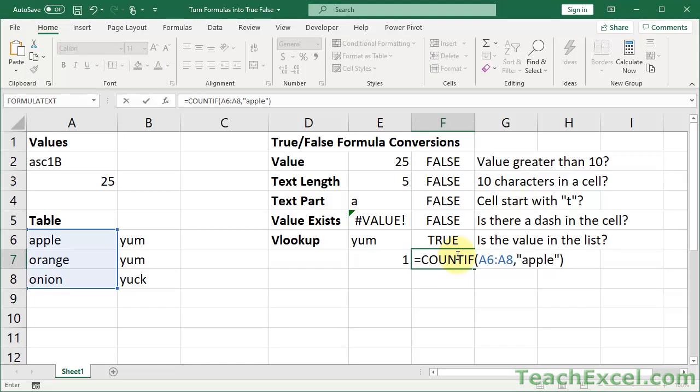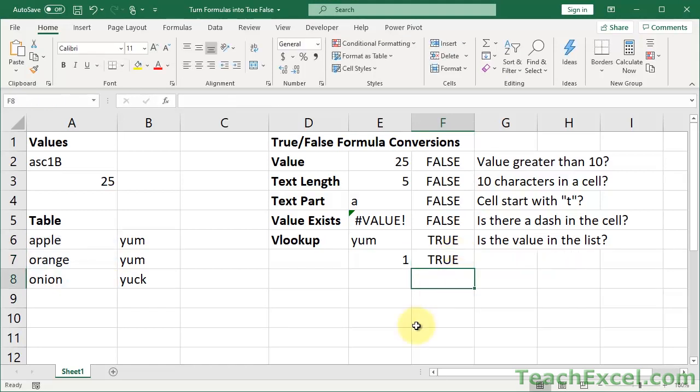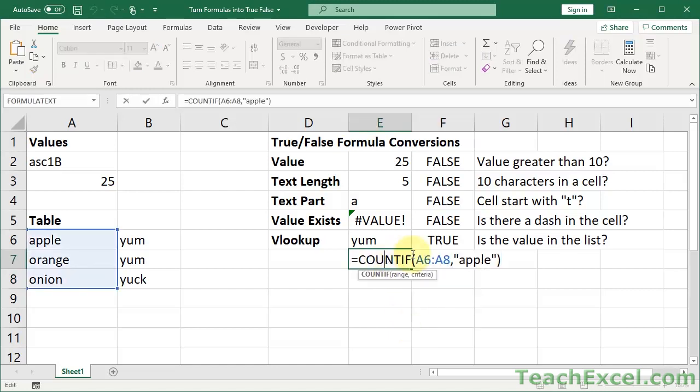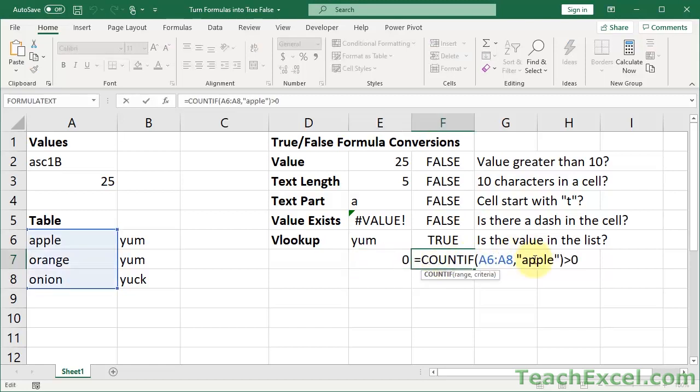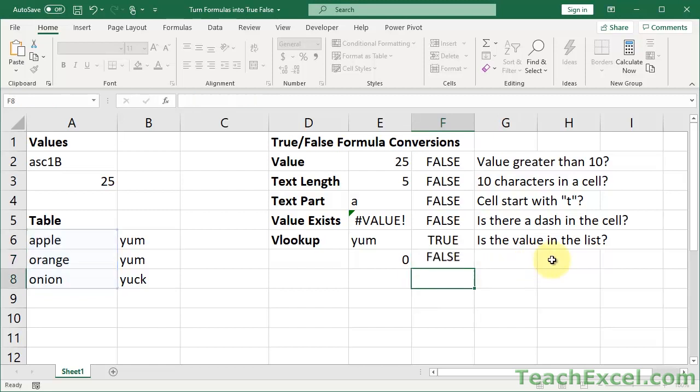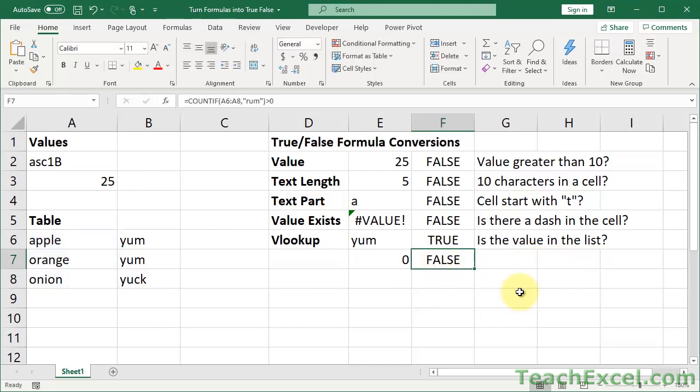We need a comparison operator: greater than 0. Perfect. And what happens if we search for rum here? 0. So put rum here. False. As you can see, there are about a million ways to do everything in Excel.